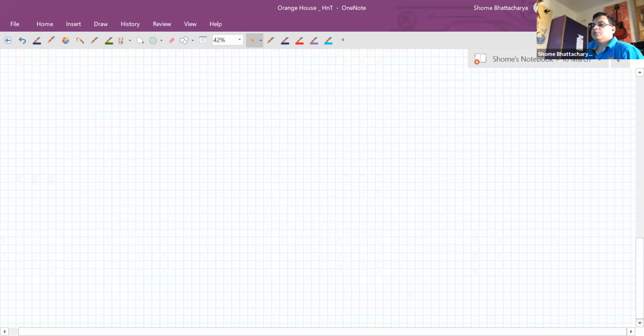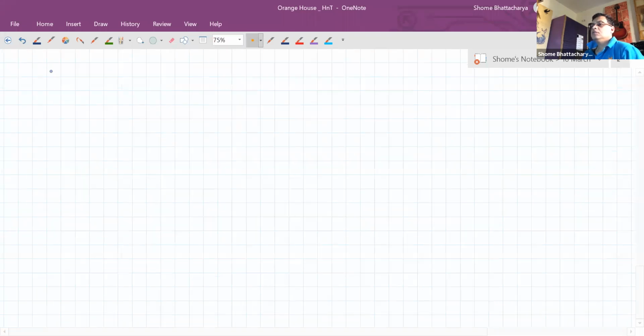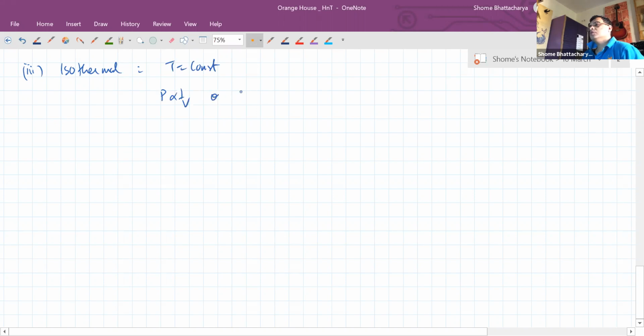Okay, then the next type of process, the isothermal process, where temperature is constant, so pressure is inversely proportional to volume. This comes from the ideal gas equation. So work done, which is the integration of P dV, becomes